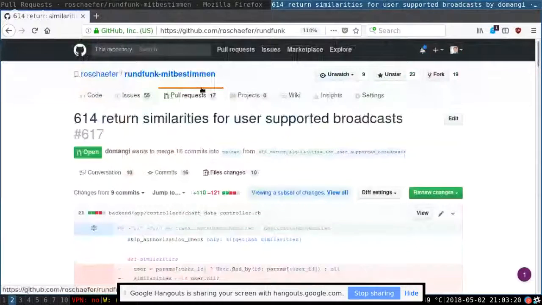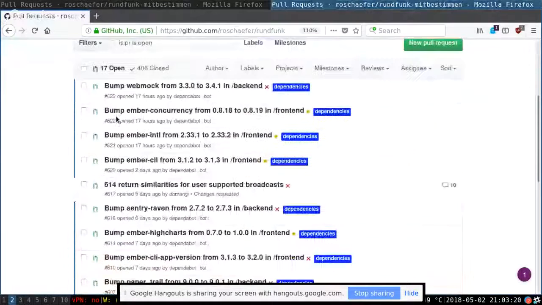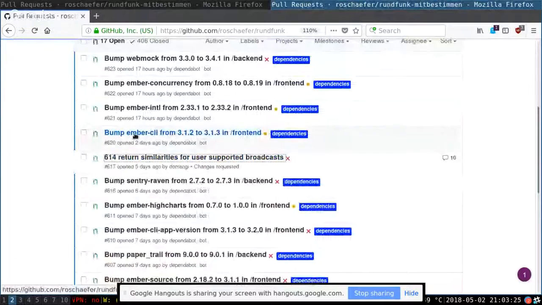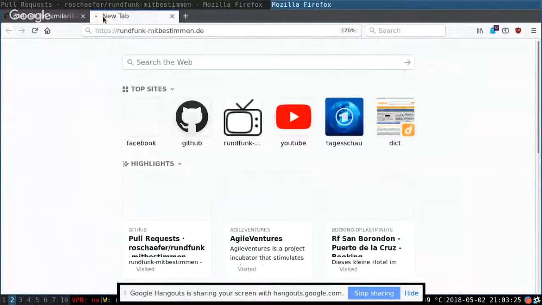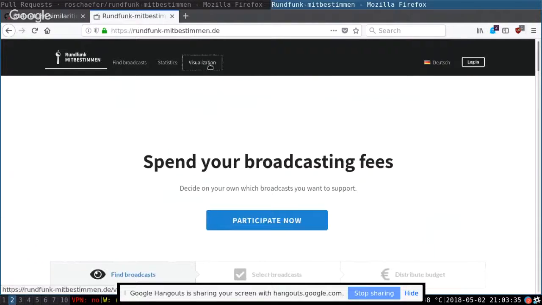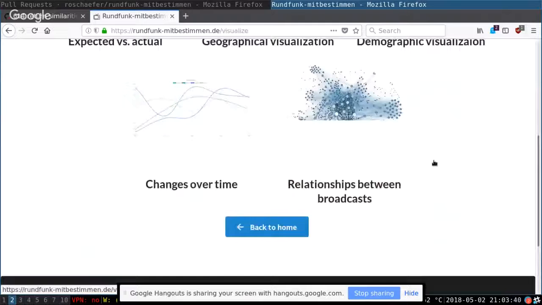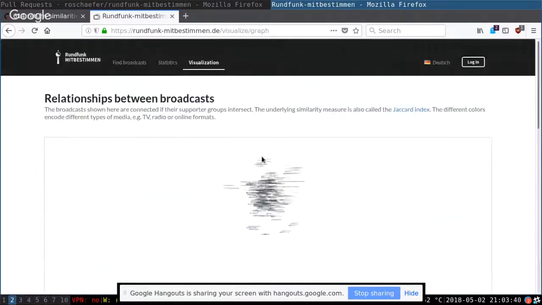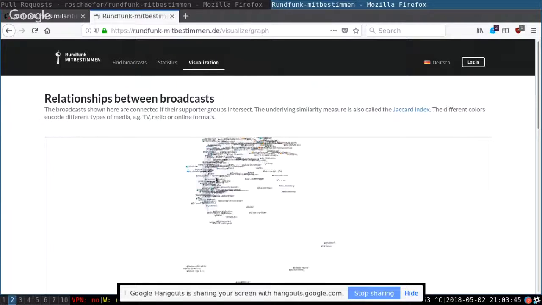All right, so last time we were talking about the similarities, and we want to have a particular feature. If you're authenticated, so the system knows who you are, and you go on the particular visualization, the similarities or the relationships, then you could filter for those broadcasts that are supported by you.